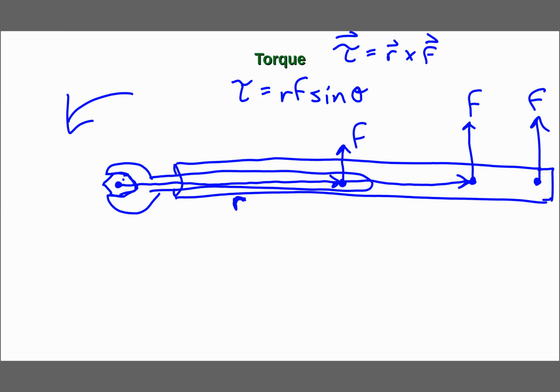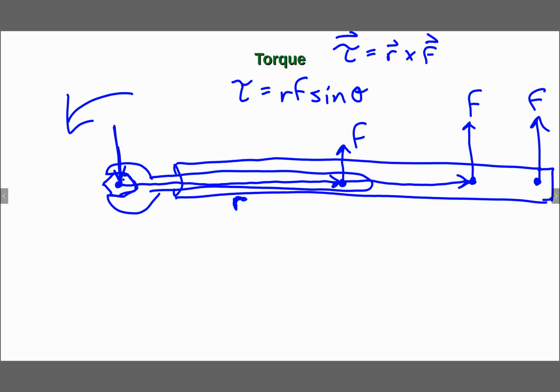It also means that torque is defined with reference to some axis of rotation. In this case, it was right here. Okay? We're rotating things around that axis of rotation. When we move the axis of rotation, we change all the R's involved, right? If we have multiple torques involved, we change every R by changing the axis of rotation. Okay? We may also change the